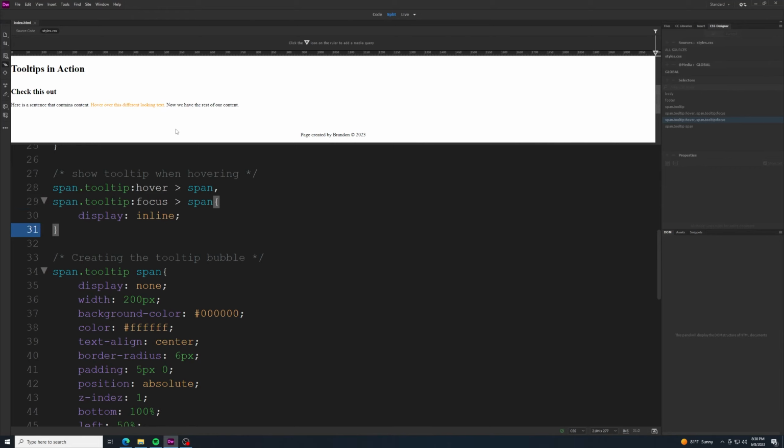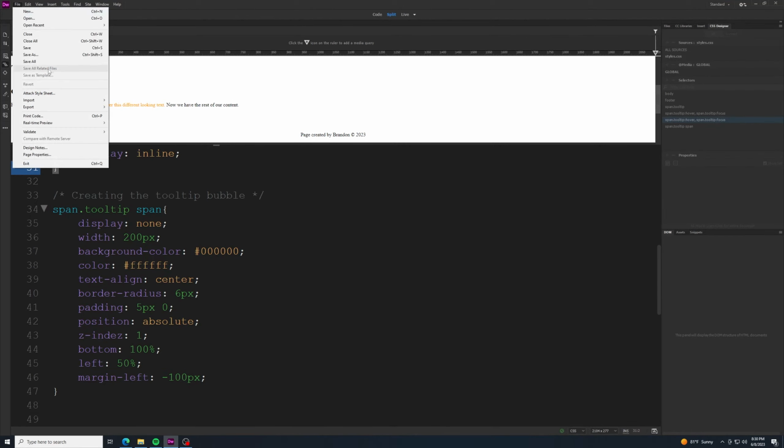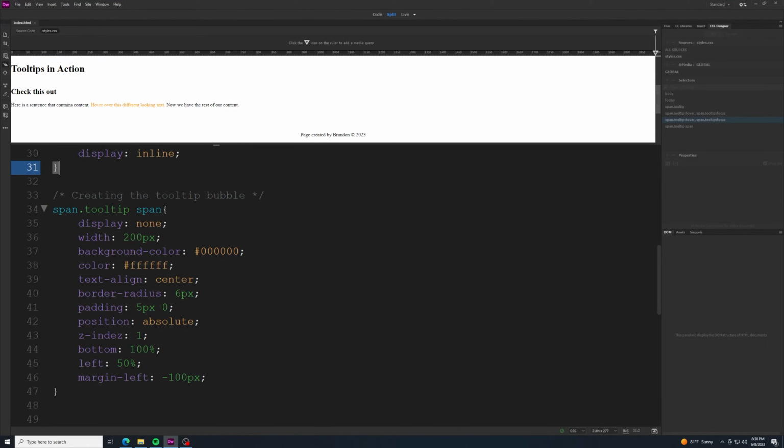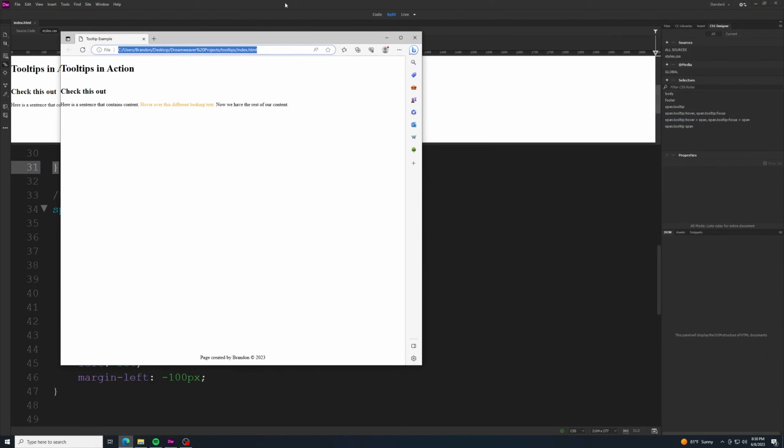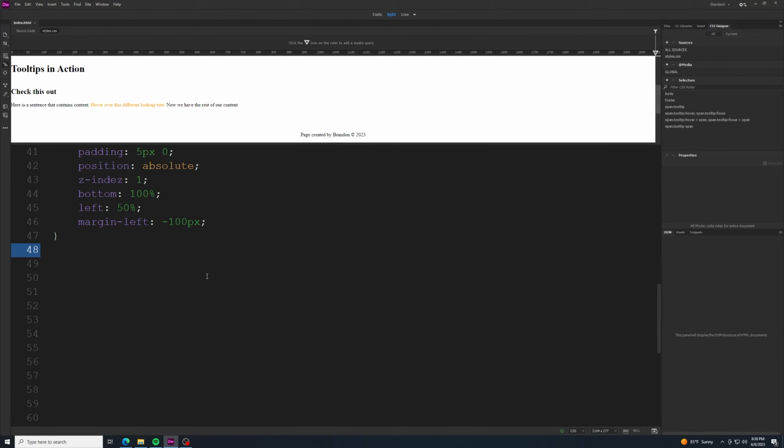Alright, so with those additions made and this section right here, we'll save all. I'm going to go here to my web page, and if I hover over this, we can see where this is starting to take place a little bit. Now, I like the effect of it looking like a little bubble with an arrow pointing to it. You can leave it like this if you want, but if you want to go the extra effort to make it look a little bit better, then what we can do,